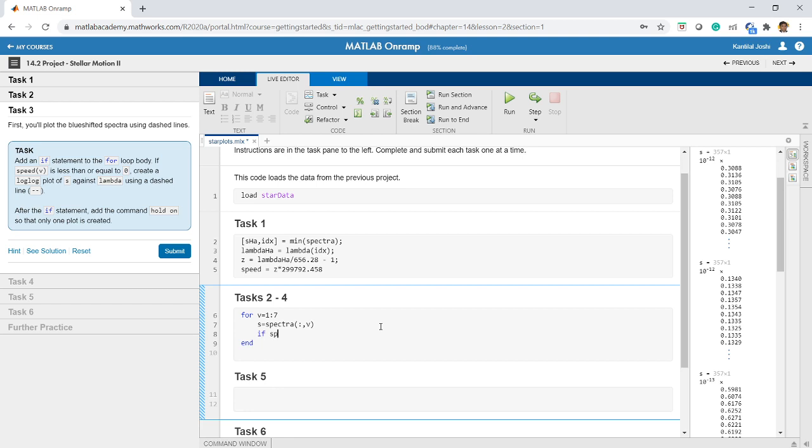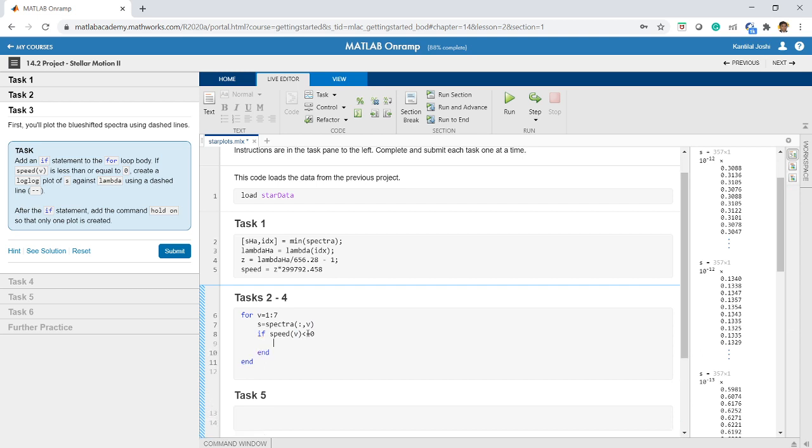Because the speed vector already exists, I'll say speed of V is less than or equal to 0. Then I should get a log-log plot of S against lambda. So I'll say log-log lambda comma S, and use a dashed line. Okay, and after the if statement, add the command hold on, because we want only one plot, and on that plot I want to hold on everything. So I'll write hold on. So this should work.